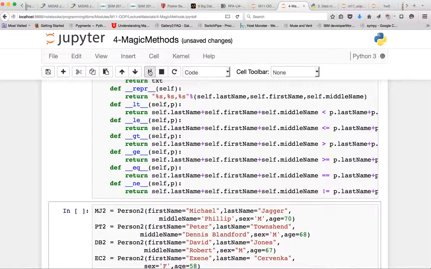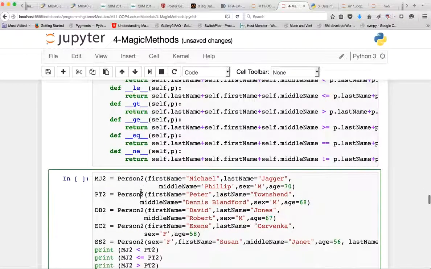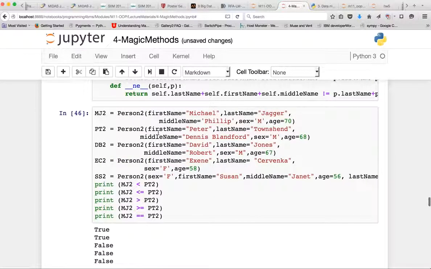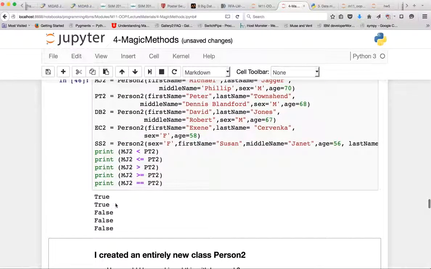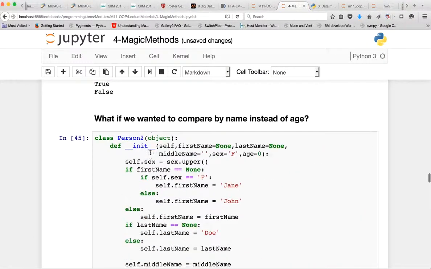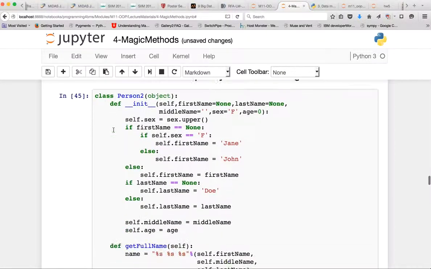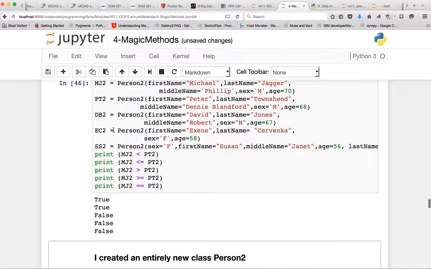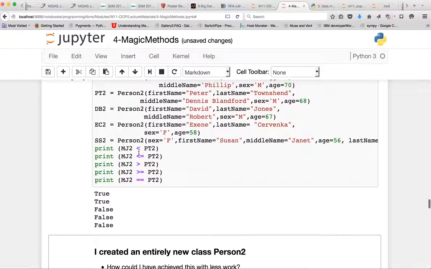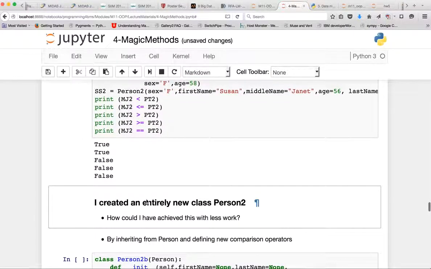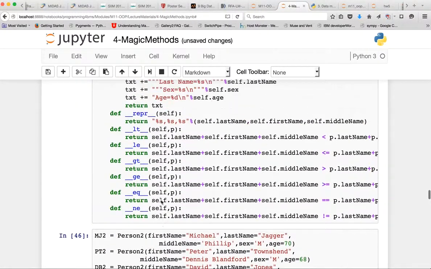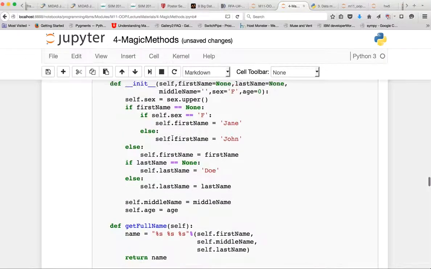So we create this class, create some more instances of these people, and now we can ask some questions. So is Mick Jagger less than Pete Townsend? In this case, that's true because Jagger comes before Townsend in the alphabet. Or as you see up here when we ask that question, that came out as false. And so forth. So in this case, I created an entirely new class, person2, from scratch, inheriting from object, and